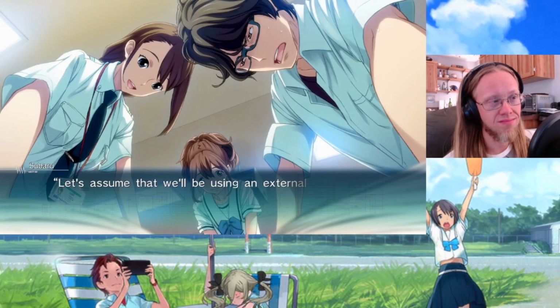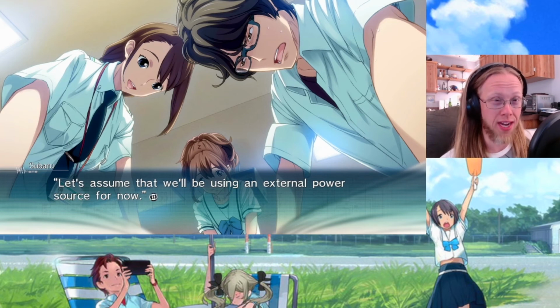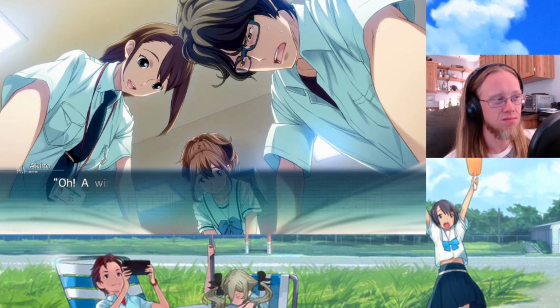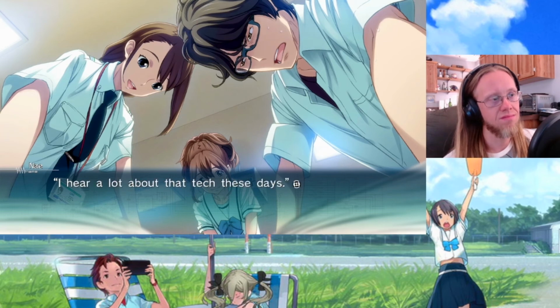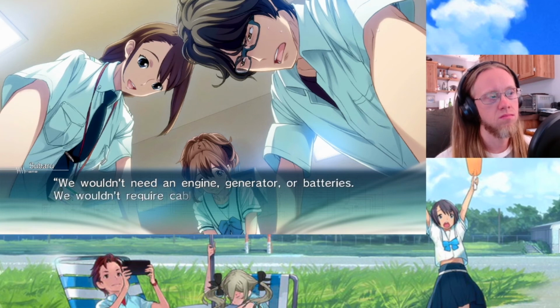電源を外に持っていくのは大前提だとして。An external power source. So, if it has to be an external power source, it can't be the monopole then, right? So what would they use? 有線ではなく無線という方法もあります。あ、ワイヤレス電源だっけ。前に詳しく説明してくれたよね。最近よく聞くようになった技術ですね。ポケコンはワイヤレス電源を採用しています。市販品だとホビーロボ用のものが普通に売ってます。これならエンジンも発電機もバッテリーも搭載しなくて済む。ケーブルも必要はありません。